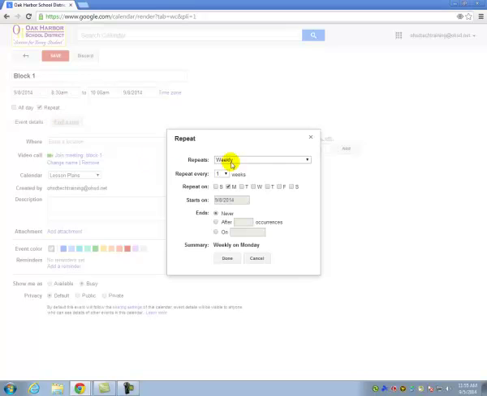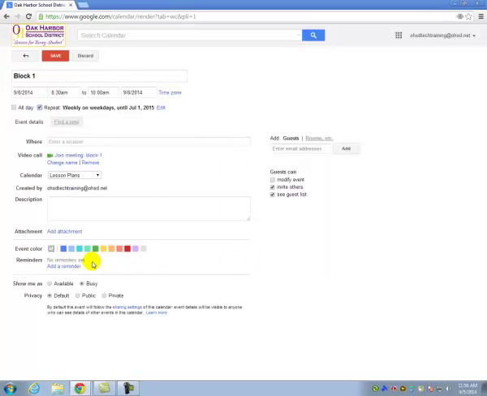I'd like this event to repeat weekly on Monday, Tuesday, Wednesday, Thursday, Friday. If for some reason a part of your schedule only takes place on Tuesday, Thursday, you can simply uncheck the Monday, Wednesday, Friday buttons. For this tutorial, I'd like it to occur every day. I'd like it to start on 9/8, and I'd like it to end in July. And I'm just going to click July 1st. Done. Block 1, I would always like it to appear in the blue color,